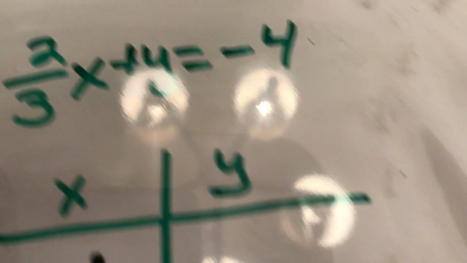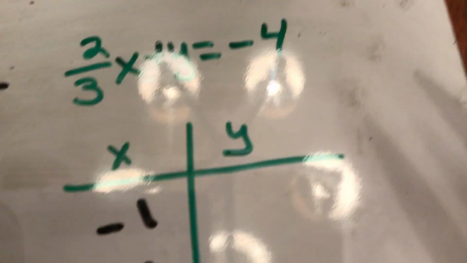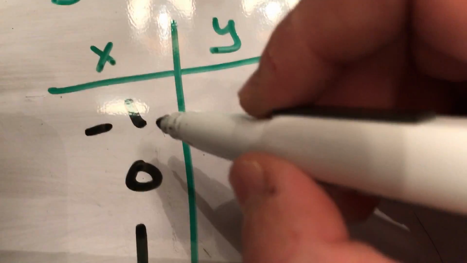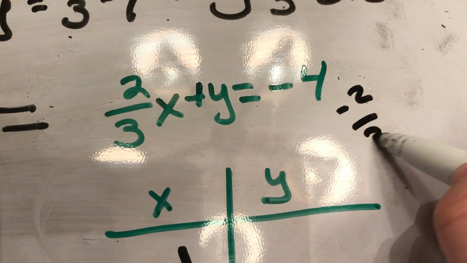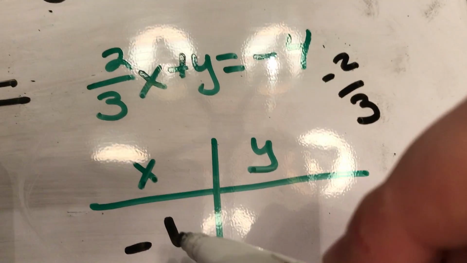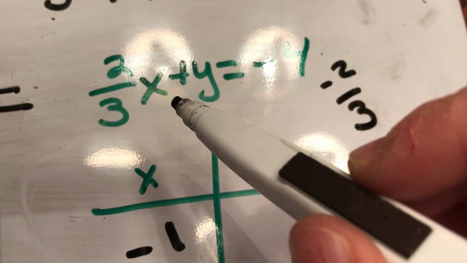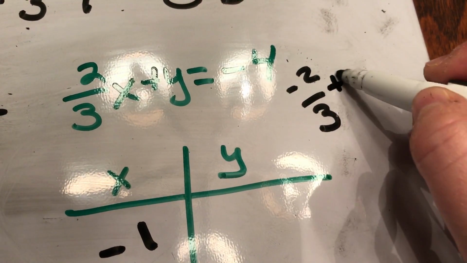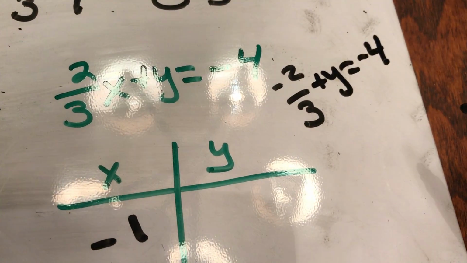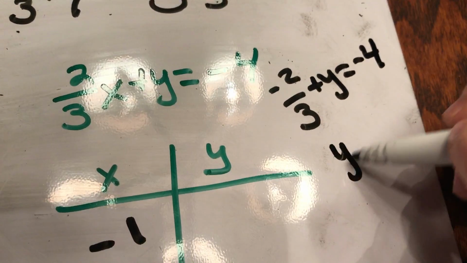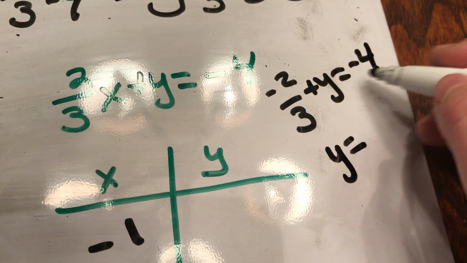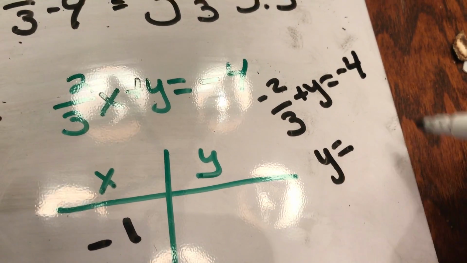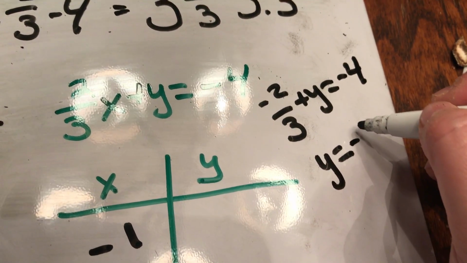Let's try it over here. Same one, 2/3 x. Remember, it's the same one, different form: 2/3 x plus y equals -4. So we're going to use the same number, -1, so that's -2/3. Remember, you substitute this for x, so this would make it -2/3. Plus y equals -4. So -2/3 plus y equals -4, and that's going to give us, add 2/3, y equals, well, -4 minus 2/3 is going to be -4